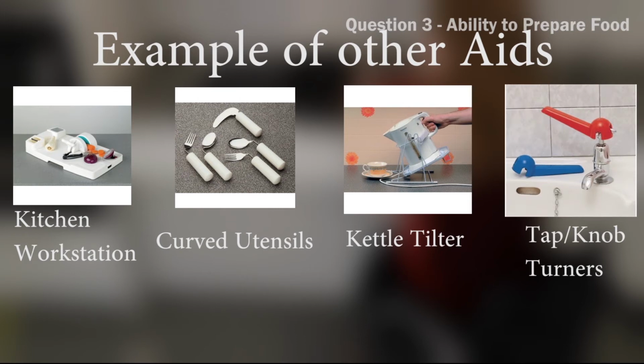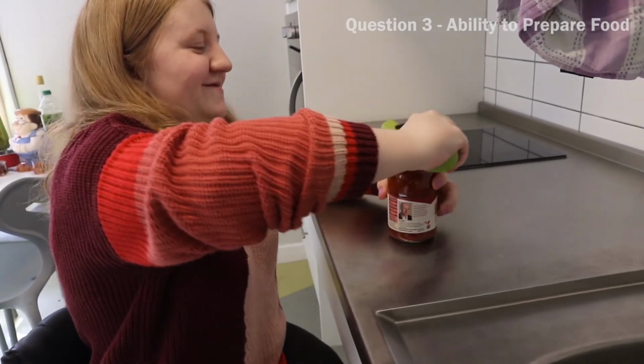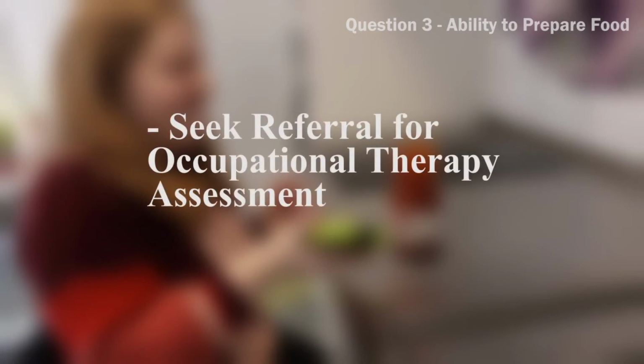Also remember that these aids do not need to be any more specialist than normal kitchen utensils or appliances that are readily available. If you haven't done so, it may be helpful to ask your GP for a referral to an occupational therapy assessment to find out more about what aids and appliances could be useful to you. It also asks about what help you need from other people. Remember, this isn't just help with doing physical activities, but also if you require prompting or encouraging to make a meal, for example, because of a mental health condition.